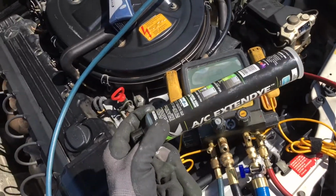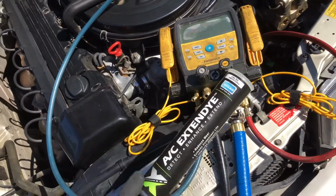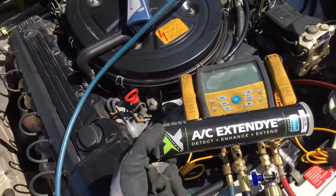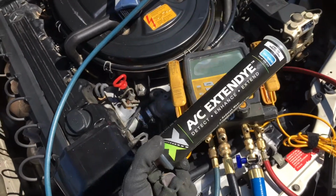This is great for down the road to help you look for leaks later on, unless it's a really big leak that comes out obvious. That's all I have to say on this. And unfortunately, I'm having a very hard time getting UV tracer dye from